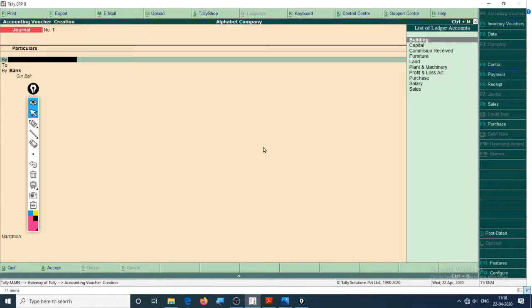Okay, so I know why it is not allowing us to create a cash entry in the journal books. Let me explain you. So go to accounting voucher, and as you can see right here, there are various options to create a voucher. So this right here is a journal entry. This right here is a contra entry which includes bank and cash. So here is a payment entry, here is a receipt entry, here is a sales entry, here is a purchase entry.